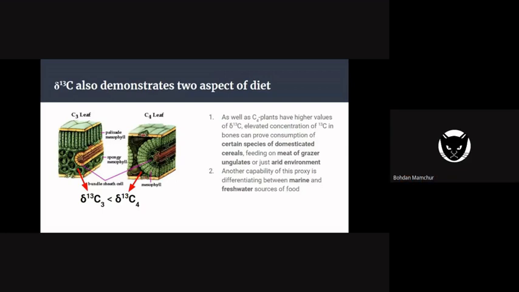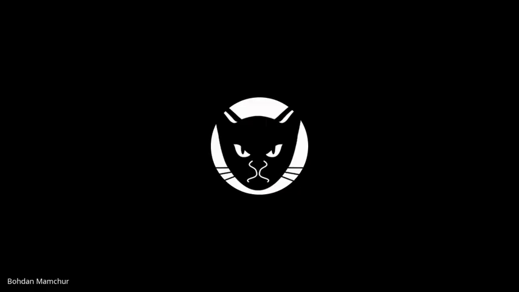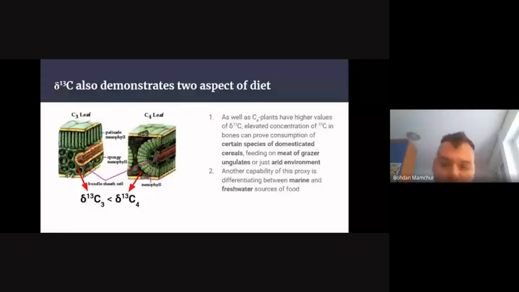Thus, they maintain the isotope composition of carbon. C3 plants, which are the majority, fix carbon dioxide in the traditional way with underrepresentation of C13 isotope in the produced